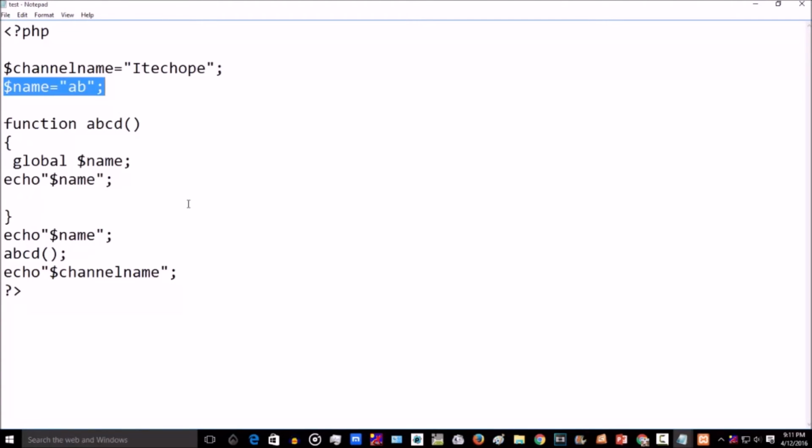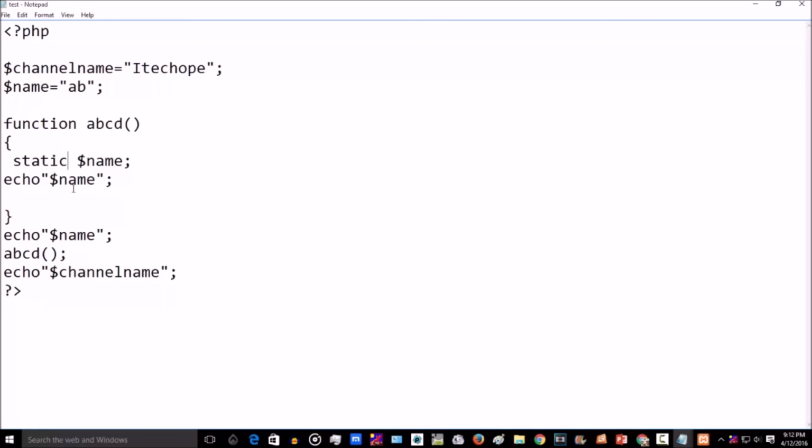And let's have a look at static variables. Static variables are like local variables, but we don't want them to get destroyed after the function execution. We can define a static variable with the help of the static keyword. Here we have to write static $name.